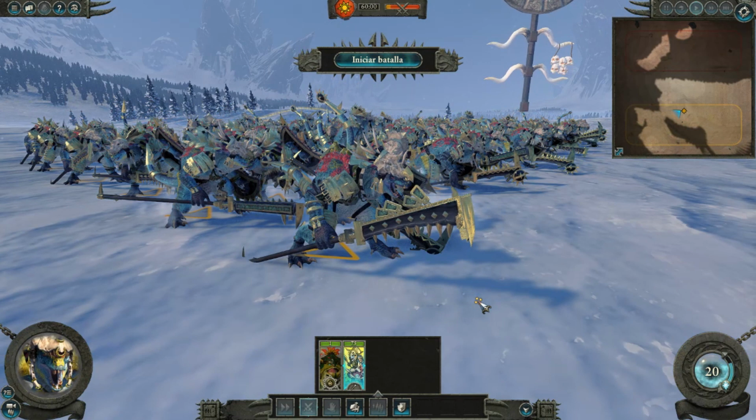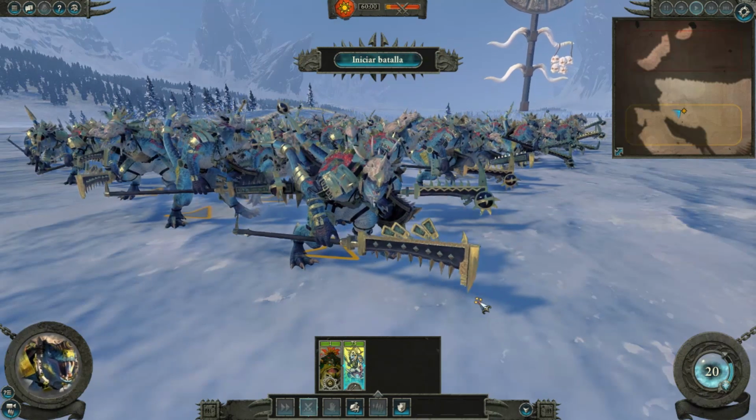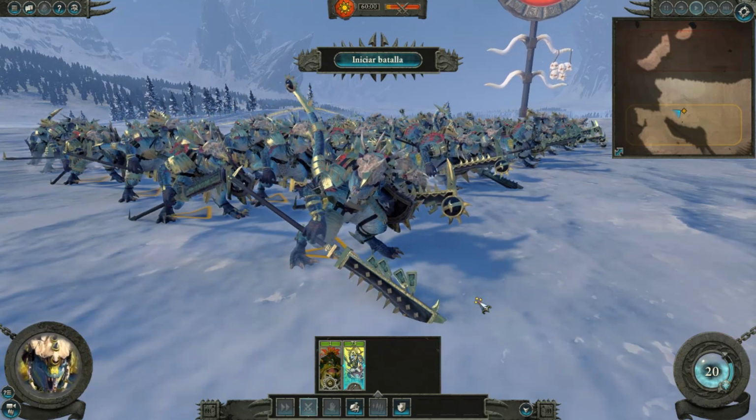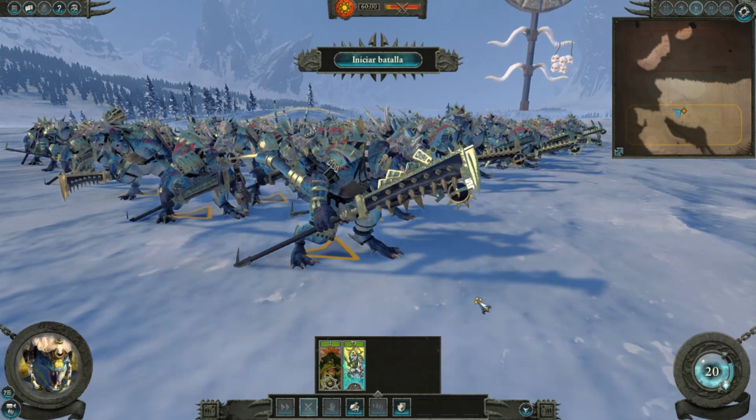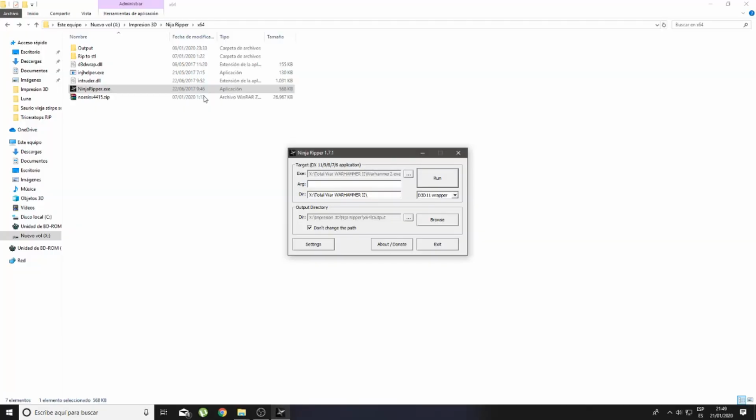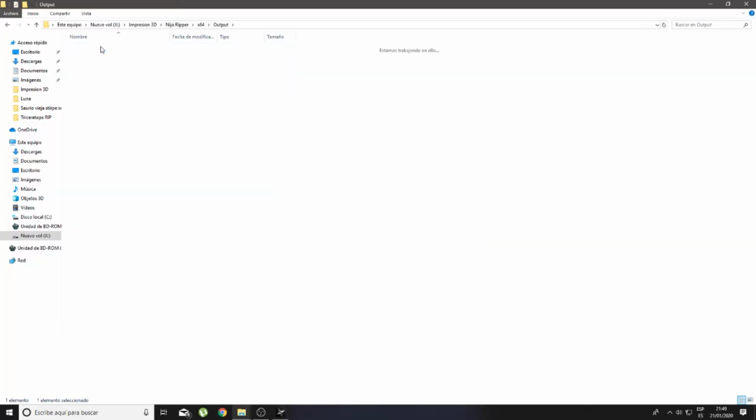It can take longer on slower computers, but mine is very powerful, so it's super fast. It will freeze for a moment, and now it's done. If everything has gone well, we have ripped the whole scene. So we can close the game, and now here in the output directory, I did another test before,